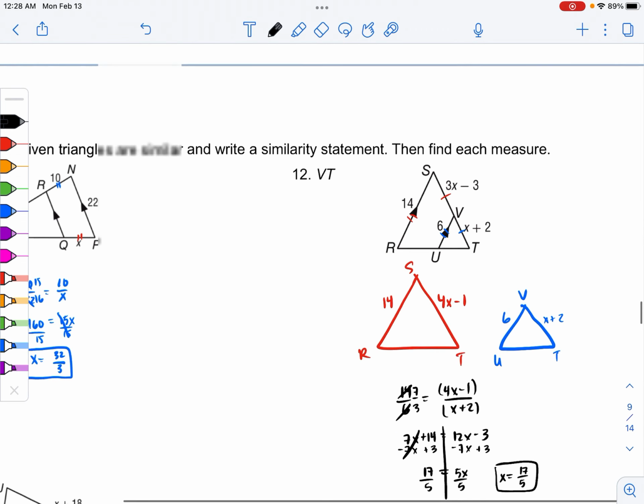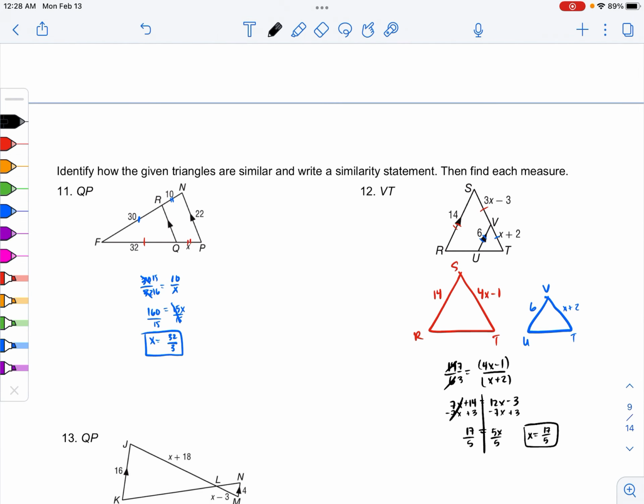Okay, we're going to work more with this in our next class for sure, but make sure when you're looking at this, you want to see if you're working with the sides using the side splitter. If you're working with the bases, use similar triangles. Okay,